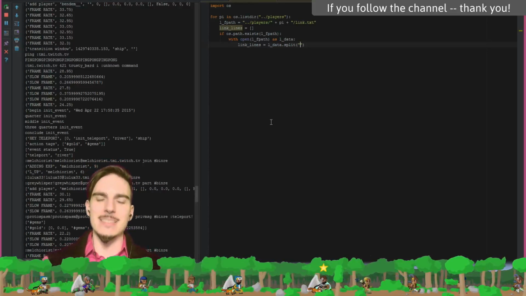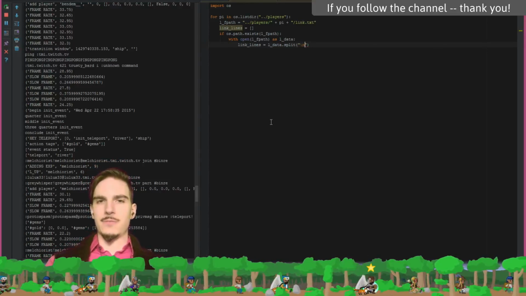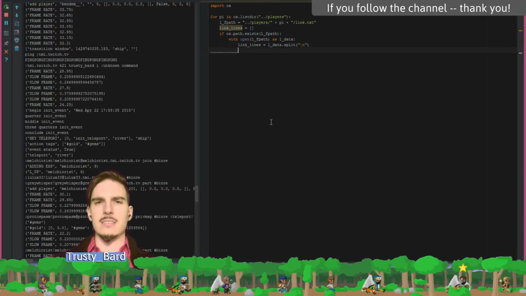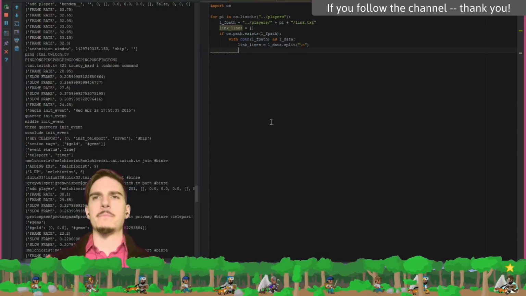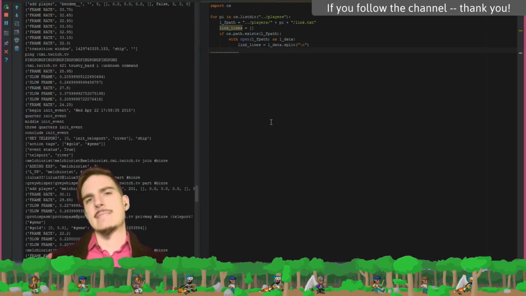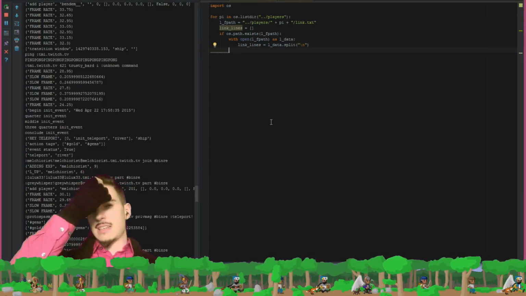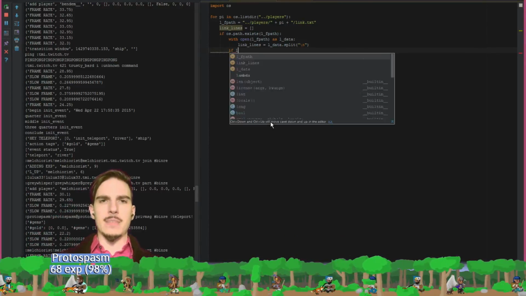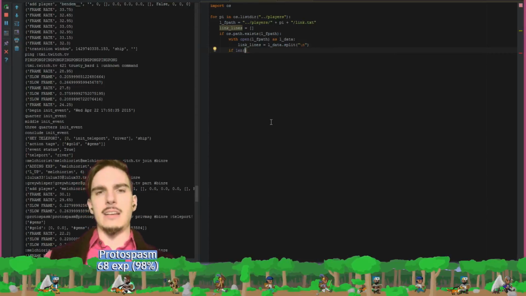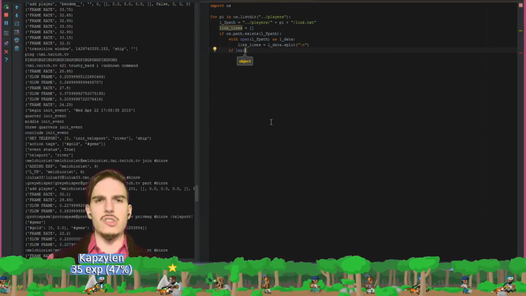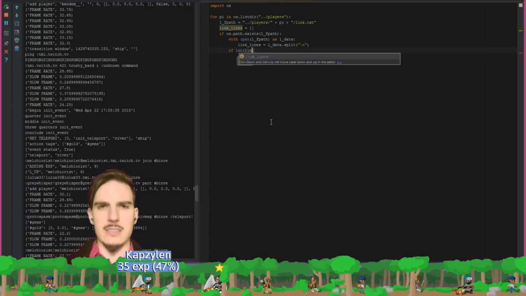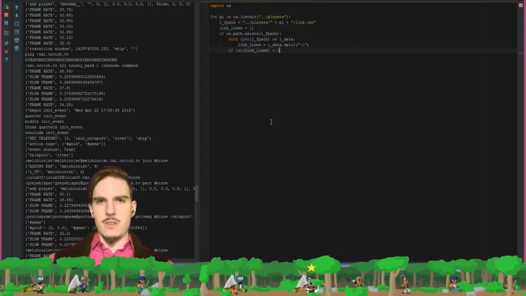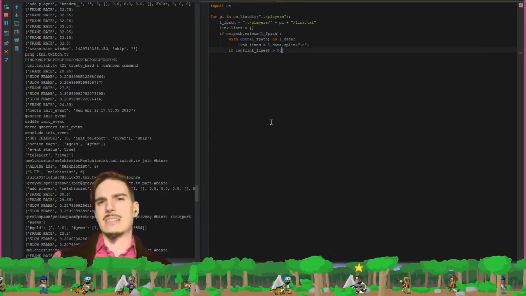So ldata.split on the new line character, and then if the length of link lines is greater than 0, and